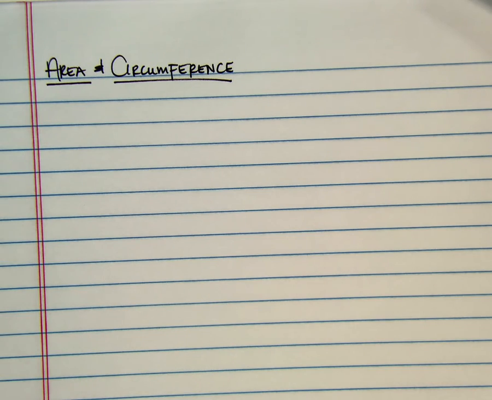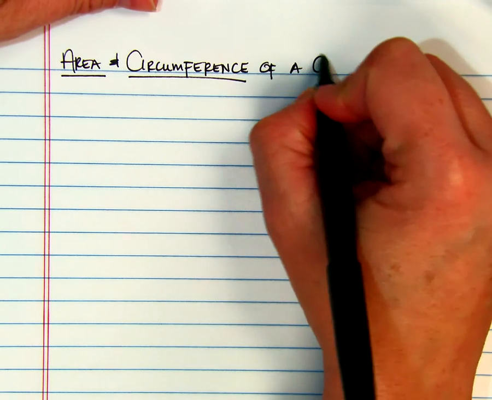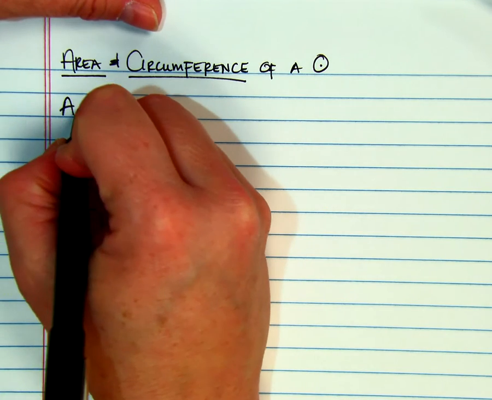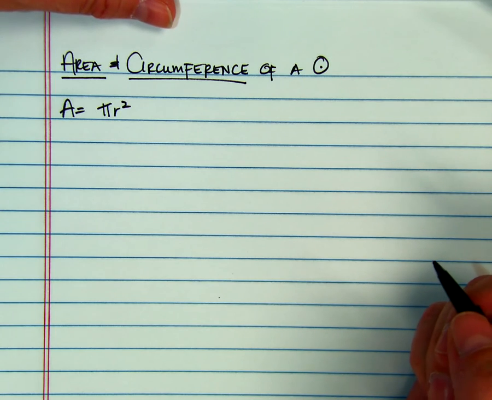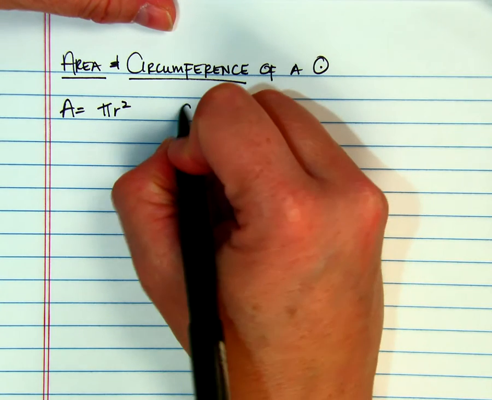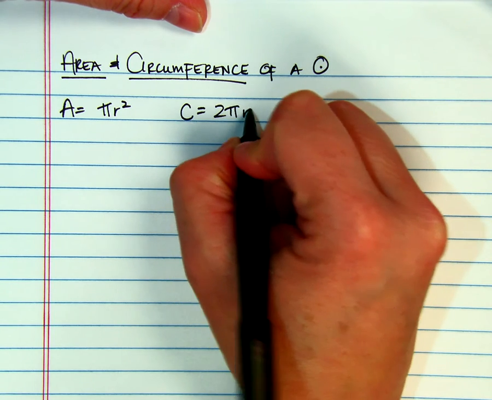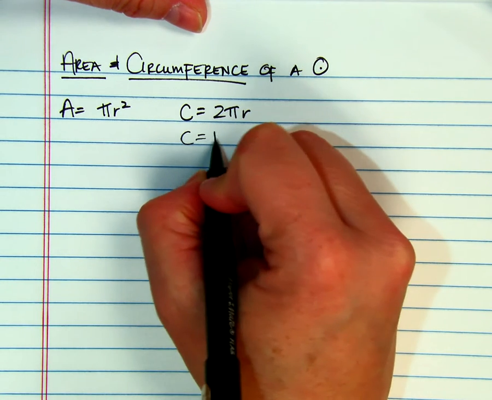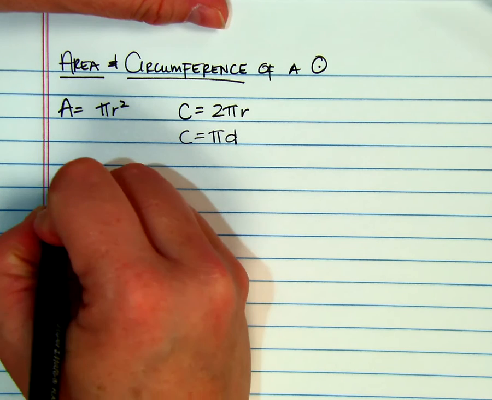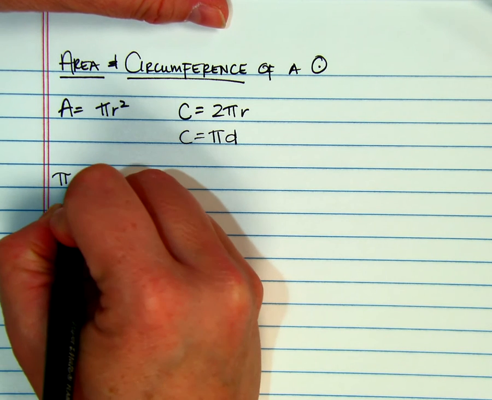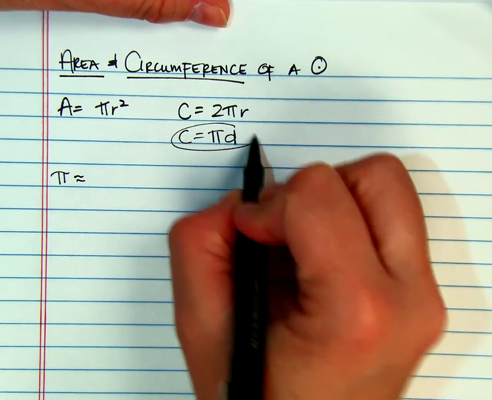Okay, so we're going to talk about area and circumference of a circle. So first of all, you need to know the formulas. Area equals pi radius squared, pi times r squared. Circumference we talked about previously in another video. You can either have 2 pi r or you can have pi d. Just an FYI, if someone asks you what pi, the symbol, actually represents, if you look at this formula right